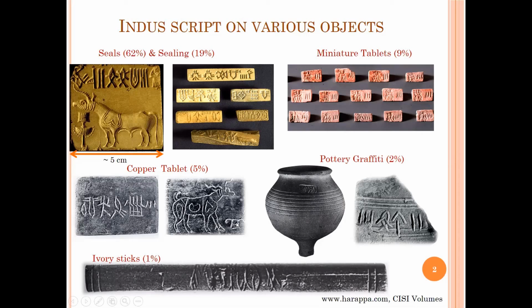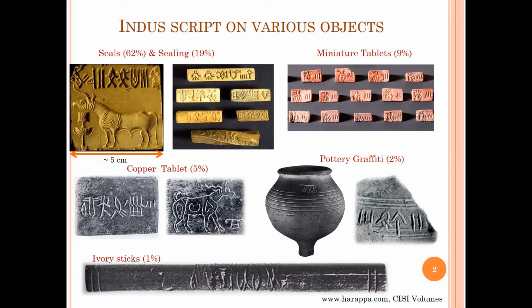We also find the Indus writing on these kind of pottery shreds as impressions, on these kind of small drinking cups maybe, and even on bronze implements and several other materials like bangles at times, and some of these ivory sticks and so on. Even clay impressions of the seals have been found on the clay text. Mostly they were found at the site of Lothal.